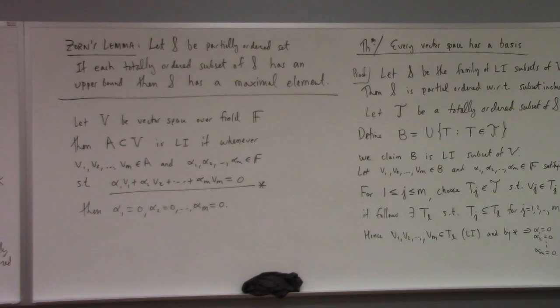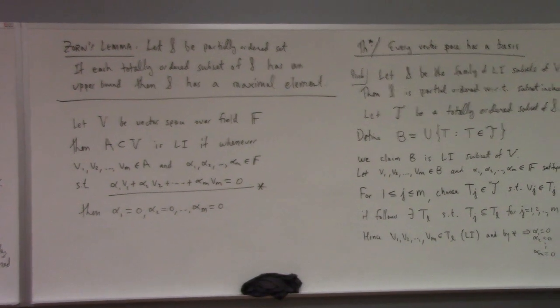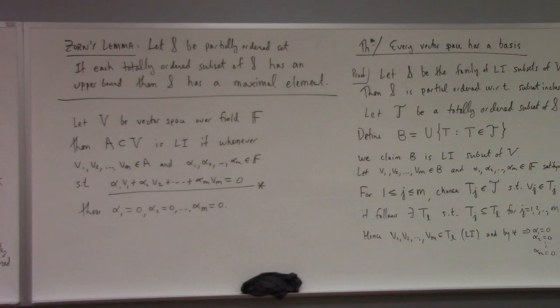Okay, so he's actually got a little bit more here. He claims that the maximal element is a basis for V. First of all, A is linearly independent, right? And so we just need to show spanning. He says if v is in A, then of course v is in the span of A. I mean, that's the... So what if v is not in A?